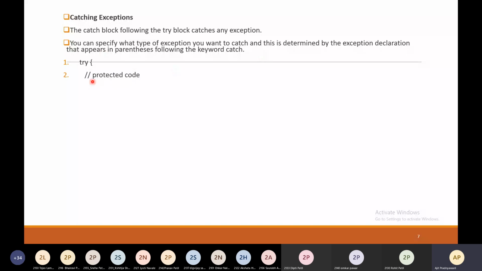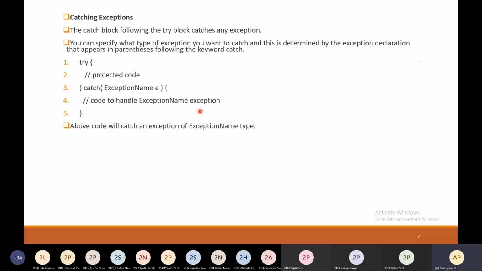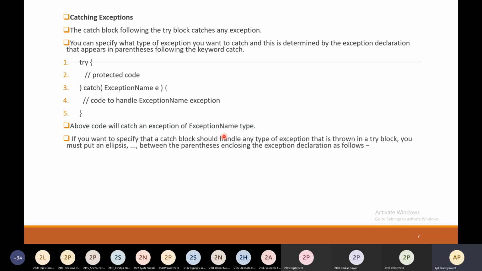So this is your try block and this is your catch block. The catch block is followed by the try block. And in the catch block, you have to mention the code to handle the exception. The above code will catch an exception of the exception name type.